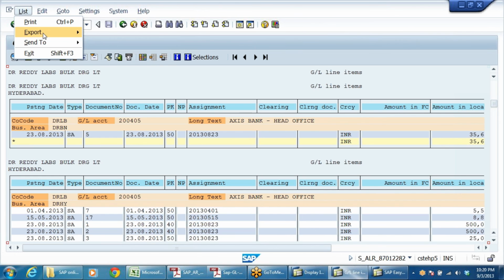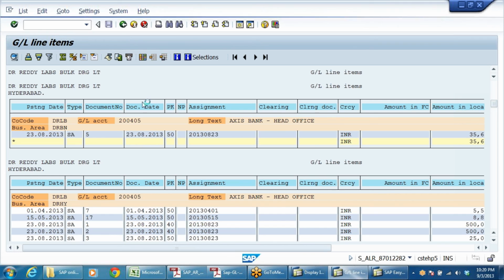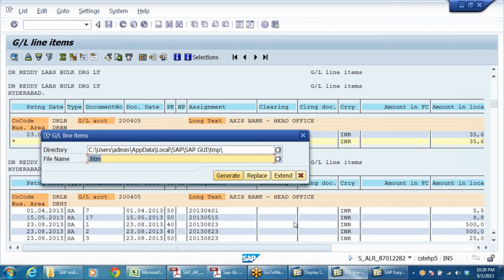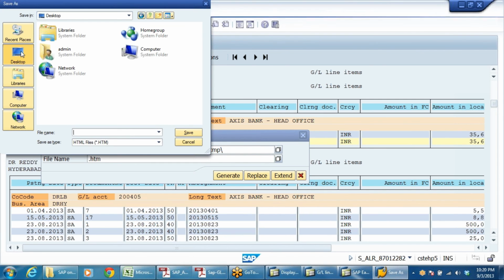Send it to export, local file. Don't take it to spreadsheet, it will not give you the correct alignment, and you have to realign it again if you download it to a spreadsheet. Instead, if you take HTML format, that will be the best. Take it onto the desktop. All right, say GL.